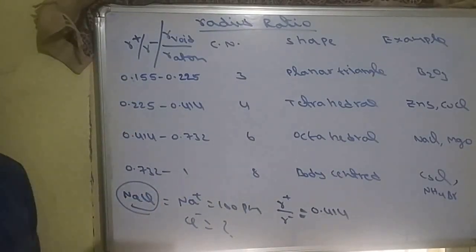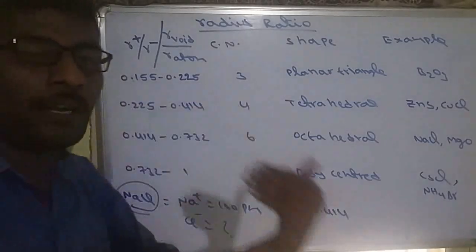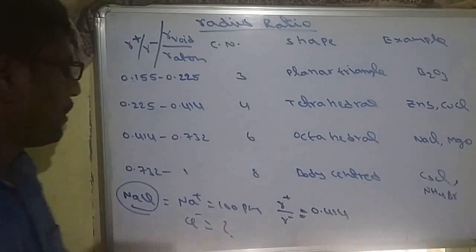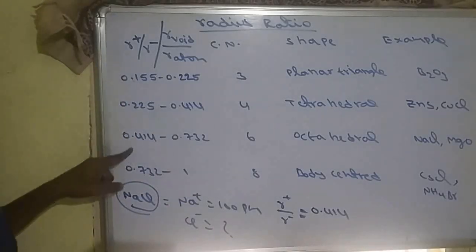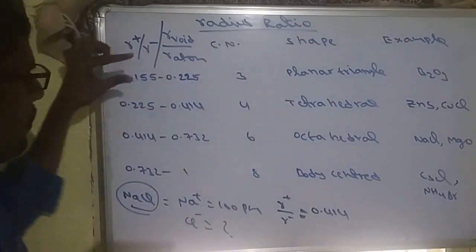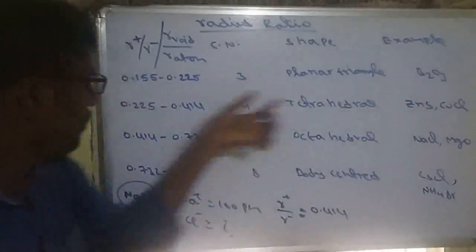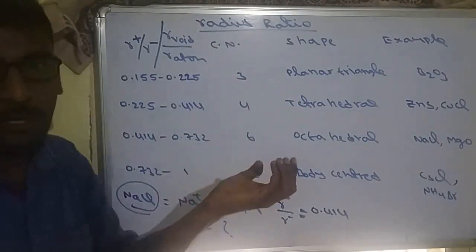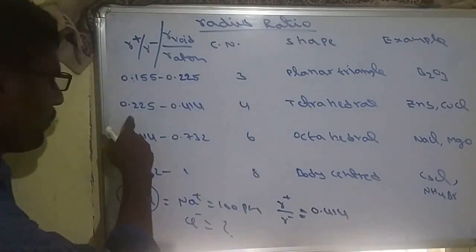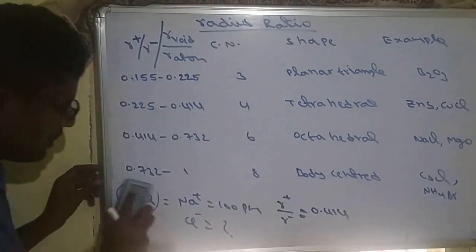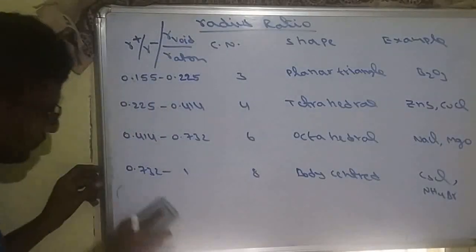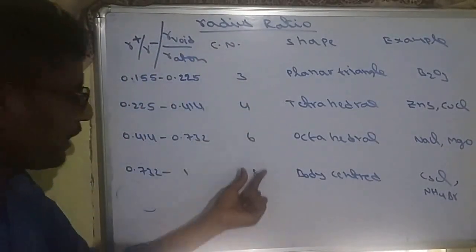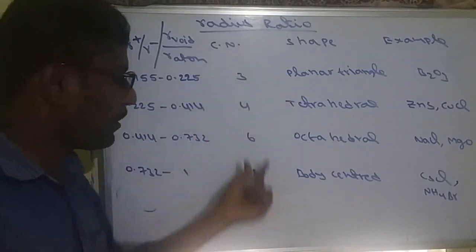So this is also an important type of question. They will give the cation radius and ask for the anion radius. You just have to substitute. Always take the minimum value. If they are giving a V2O3 molecule, we take this value. Zinc sulfide, we take this value. Actually, from here to here, any value is possible, but for calculation, we always take the minimum value. So this is the radius ratio. If you know the radius ratio value, we can also find the coordination number.